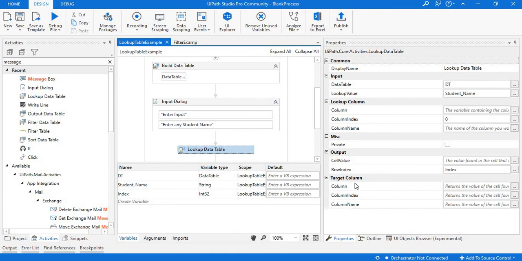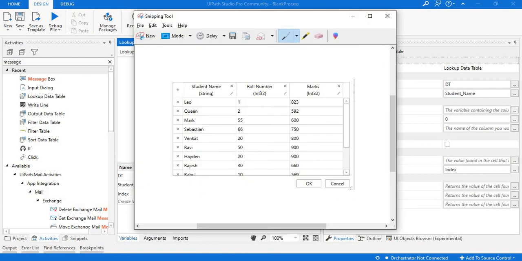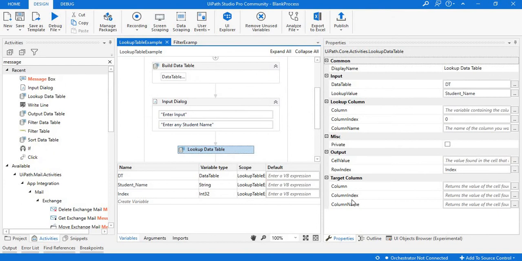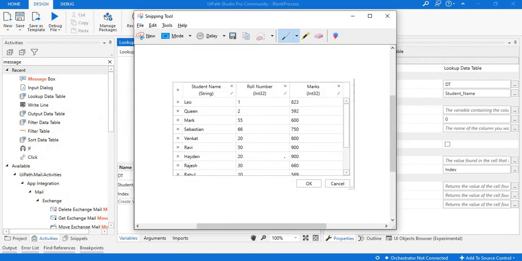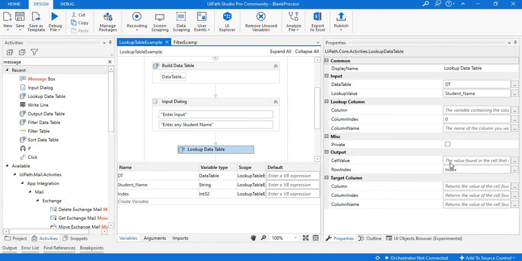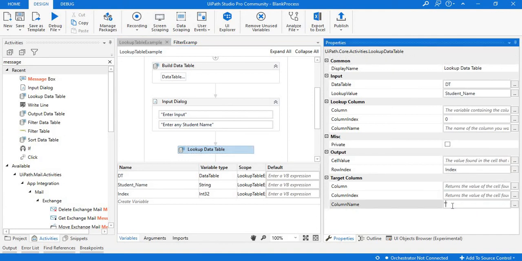It is target column. Suppose you want to get details from a particular column, like the roll number or marks, we need to provide those column details here. Based on the lookup value matching to the column name, it will give you the result from the cell value. Okay, so here I'm going to keep marks as my target column.